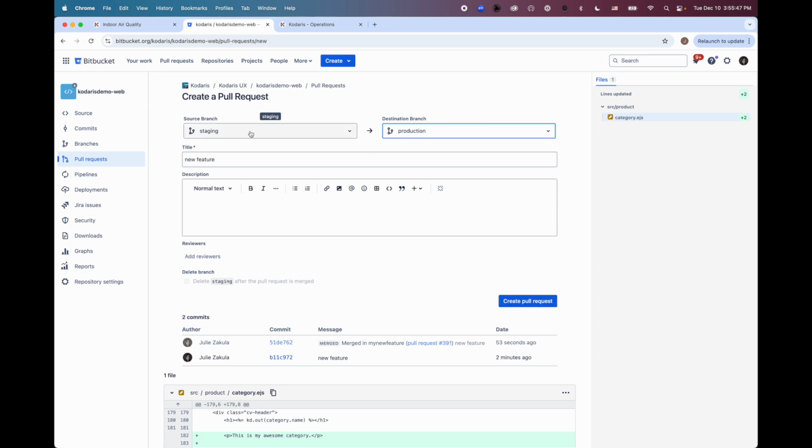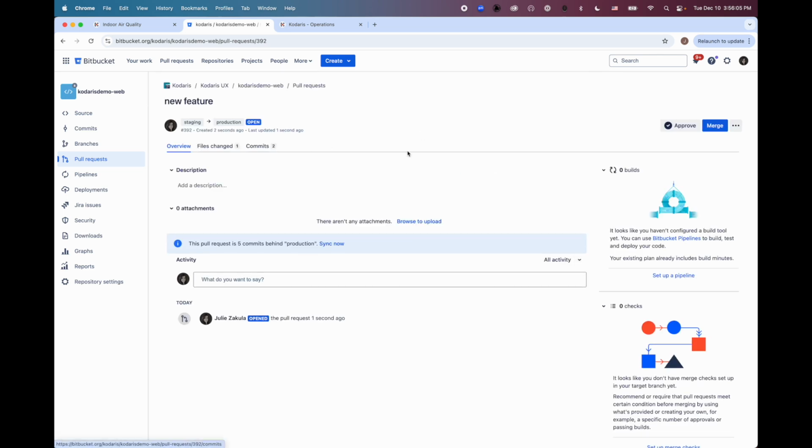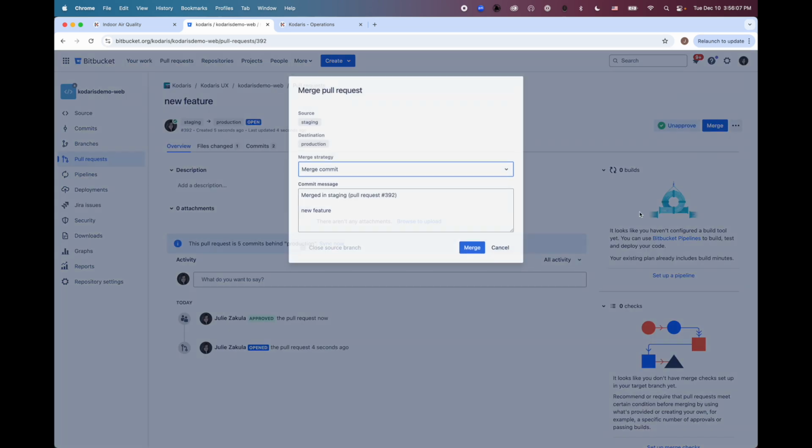Putting the code from staging into production does not actually deploy the changes to your website, but it stages them and makes them ready for deployment to your website. So we always need to go from staging to production when we're ready to deploy the changes. And I'll go ahead and merge that pull request as well.